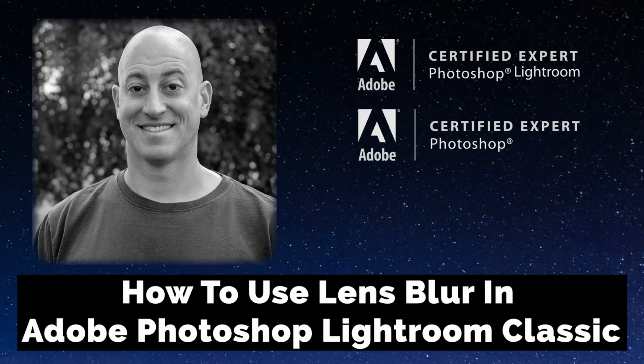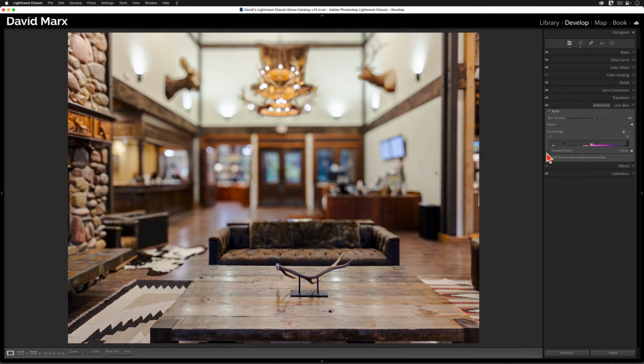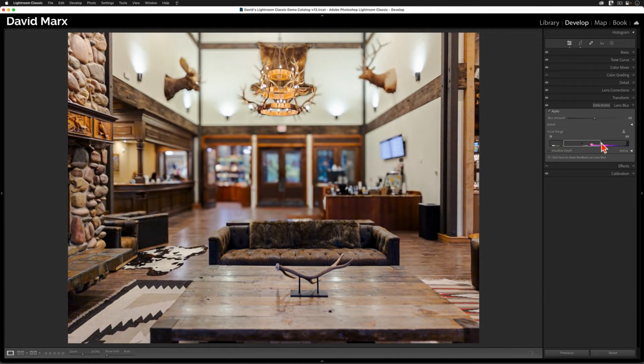There's an experimental new feature inside of Adobe Photoshop Lightroom Classic, which uses artificial intelligence to reshape the depth of field in a digital photograph. The algorithms that Lens Blur uses are still a work in progress, but on some images, this new tool already produces fantastic results. I'll show you the good, the bad, and the ugly in this tutorial, and I'll teach you everything that you need to know about this new tool. If you're ready, let's jump right in and let's get started.